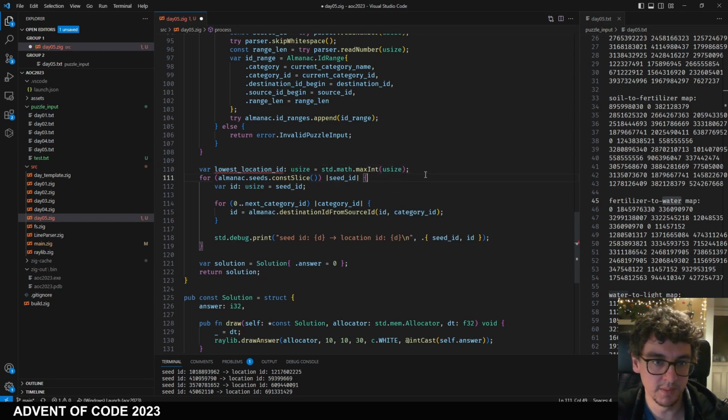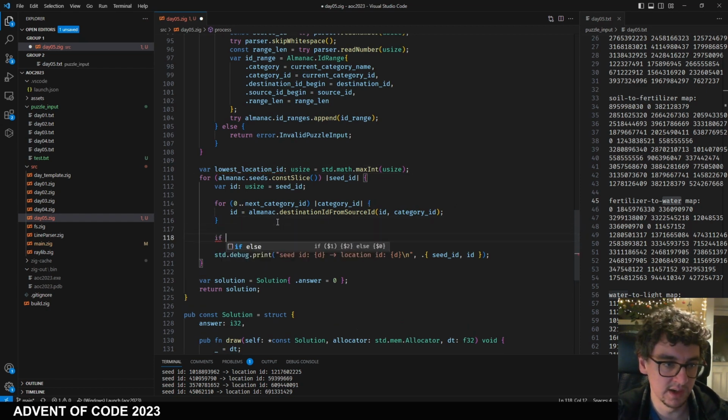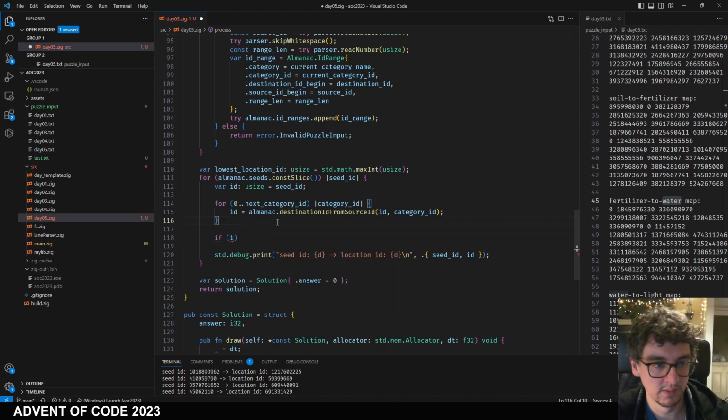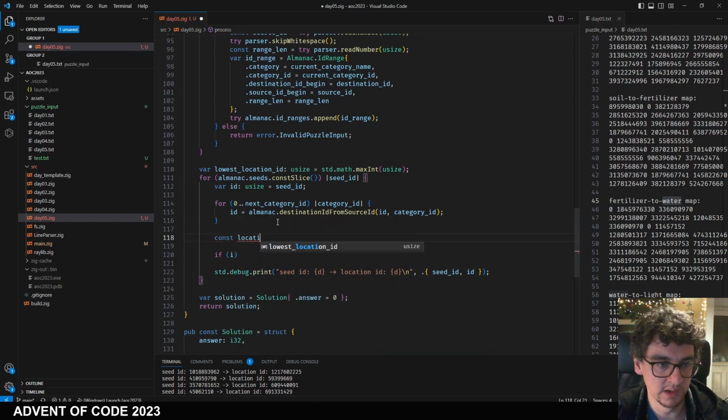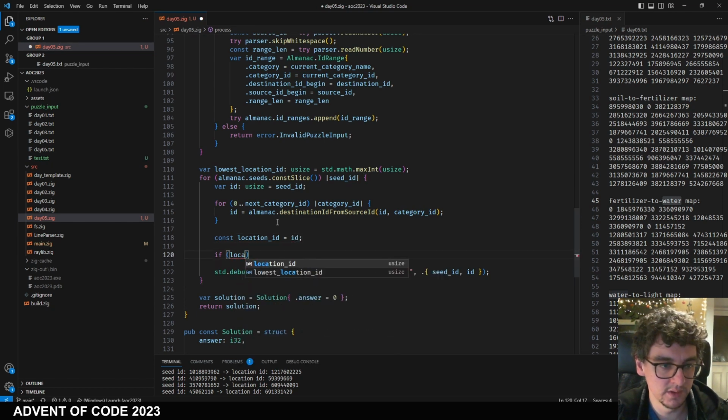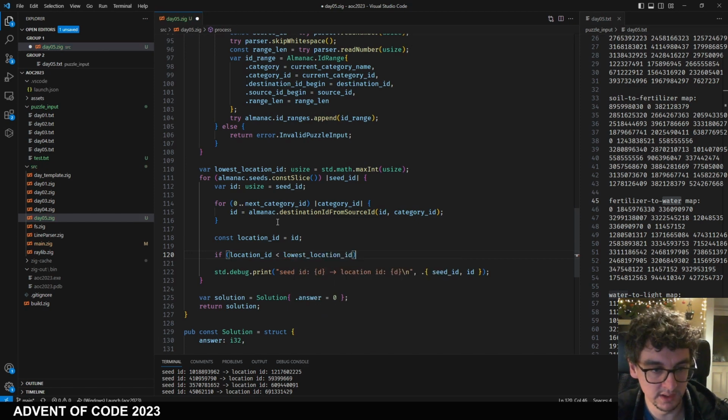So we'll start with the maximum here. Then we'll say, okay, if, just to be clear, location ID equals ID. Okay, so if location ID is lower than the lowest location ID,